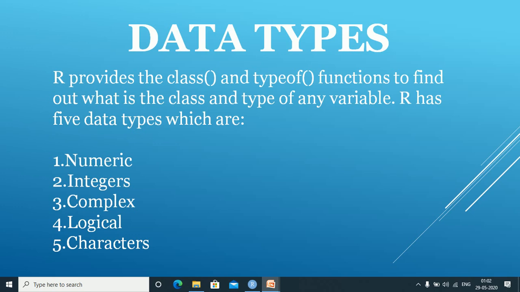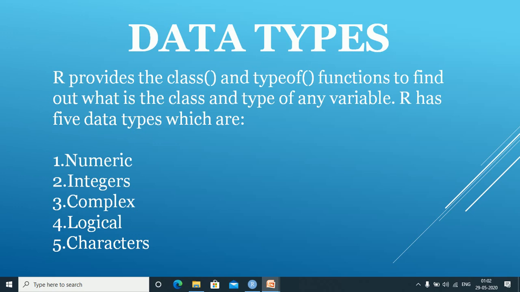If you want to find out the type of data of any variable you have constructed, we make use of the function typeof. I create a variable a which is combining 10, 11, 12, 13. If I have to know the type of data, I just write typeof a and enter. Then that gives me the data type in which that variable has been stored.